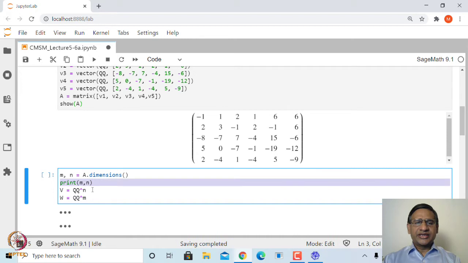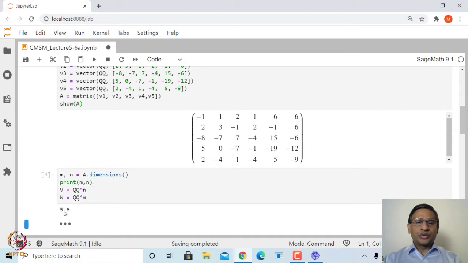Let us define V as the vector space Q^n and W as the vector space Q^m. Here n is the number of columns, so Q^n is going to be Q^6 and Q^m is Q^5.